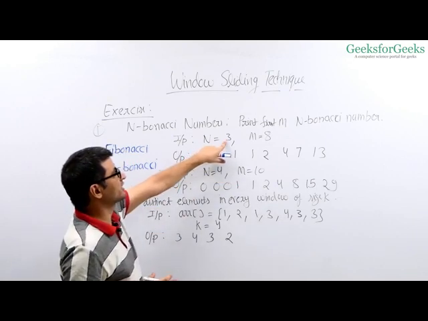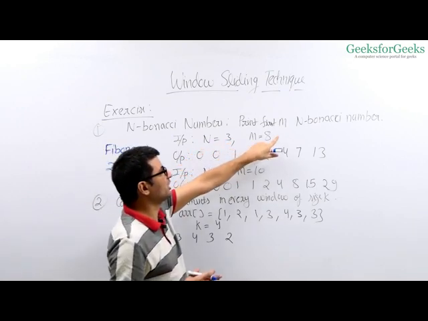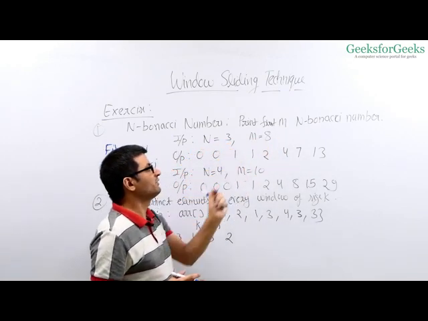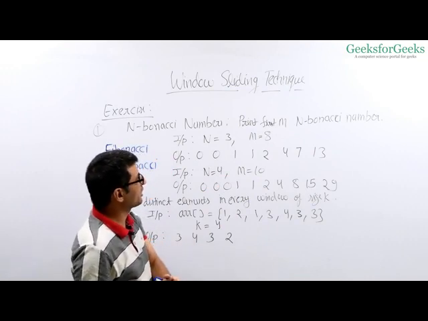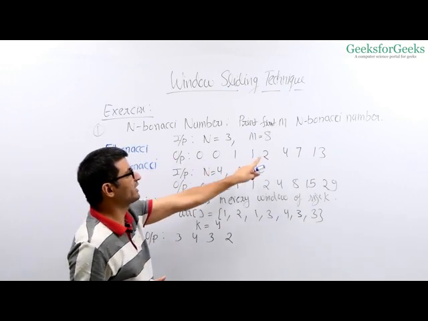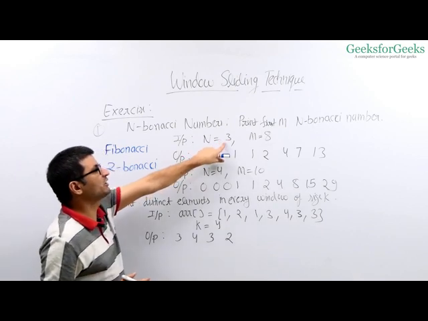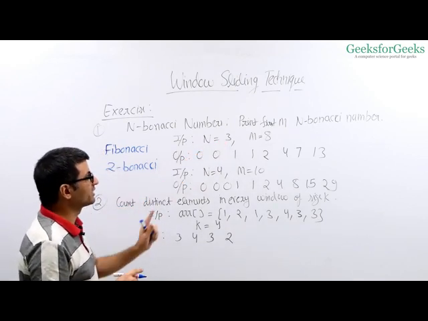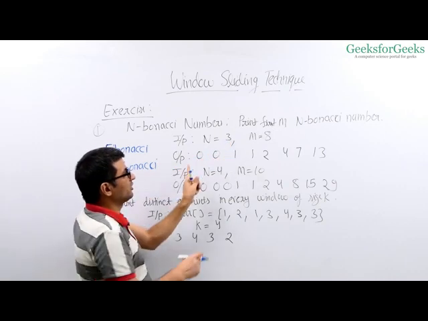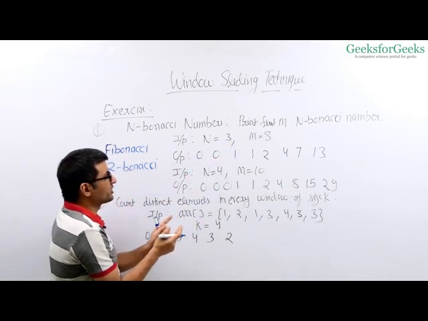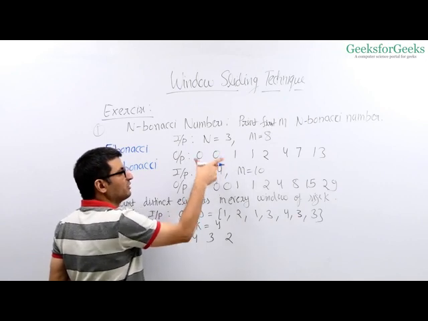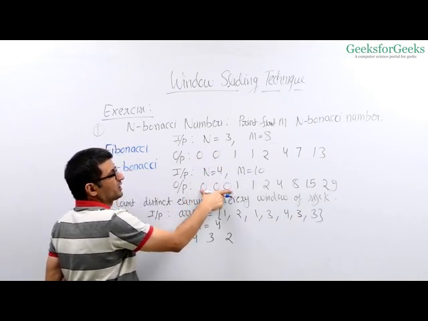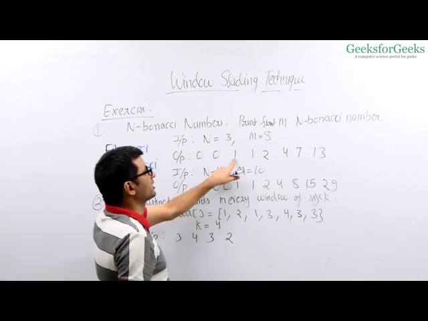So let's take a look at this example. n is equal to 3, m is equal to 8. m equal to 8 means we need to print 8 elements as an output, right? So we have 8 elements as an output. n is equal to 3 means every element is going to be the sum of the previous 3 elements. So when n is 3, your first n minus 1 elements are going to be 0. So the first 2 elements are 0, and when n is 4, the first 3 elements are 0. The next element is always 1.